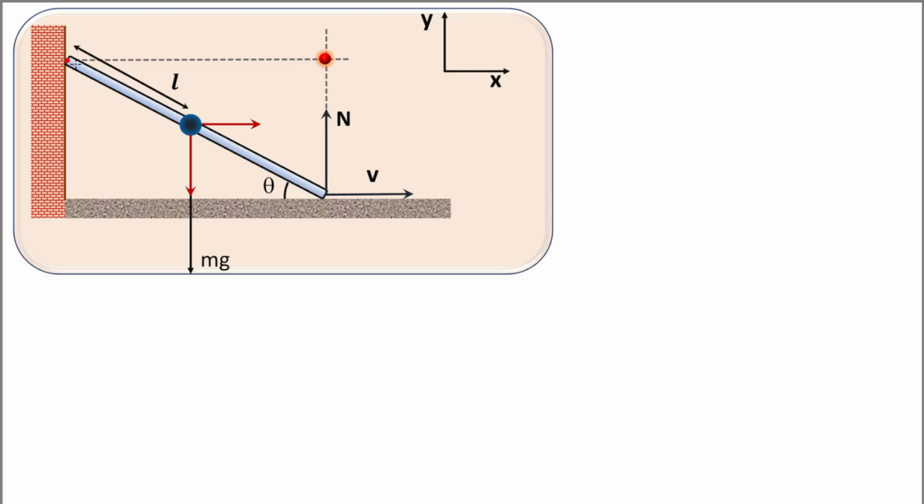So at the contact with the wall, there is going to be the normal reaction force towards the right, right? So let's call that normal reaction N dash, right? Also, there is going to be one external force that was being applied at this lower end here. So let that external force be F, right? So what is going to be its direction? For the sake of simplicity, let's say this direction is going to be F towards the right. Now let's see what can we do about it, right?